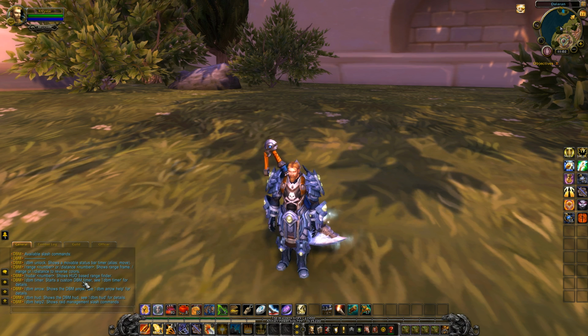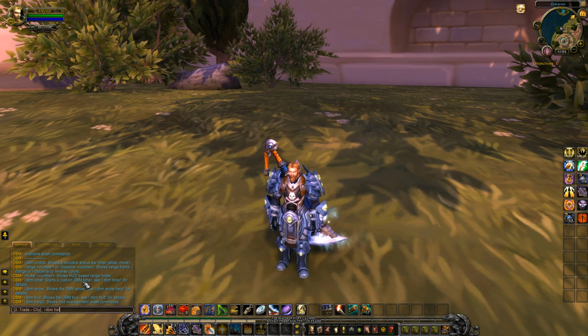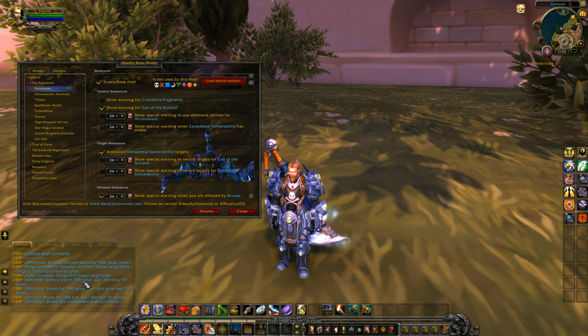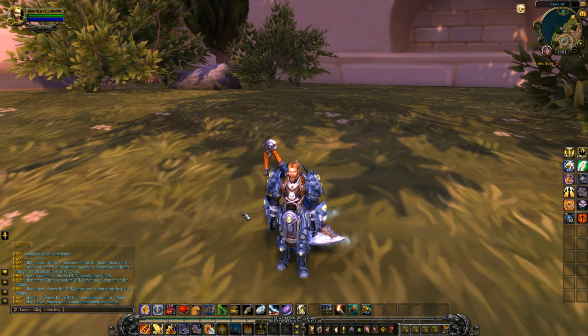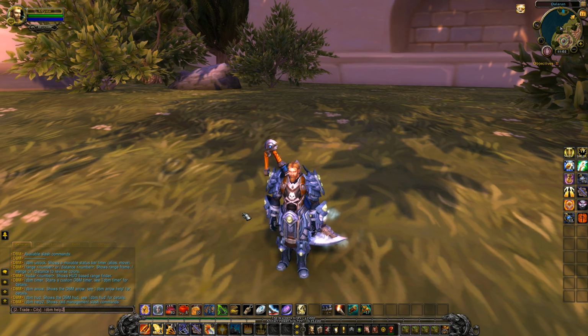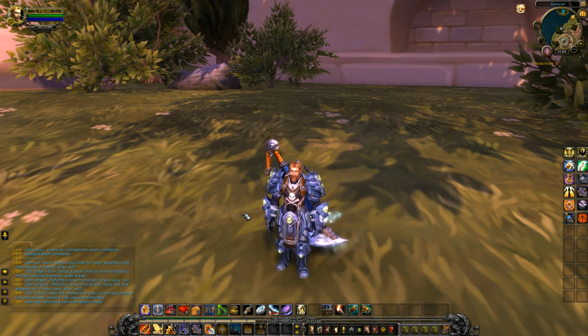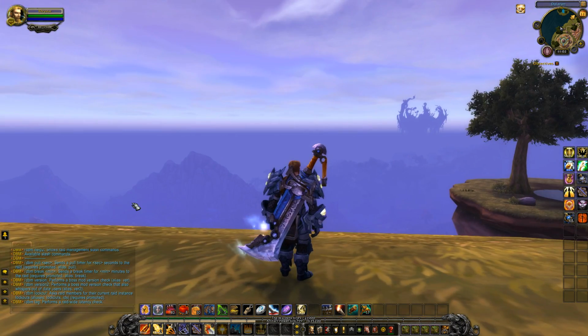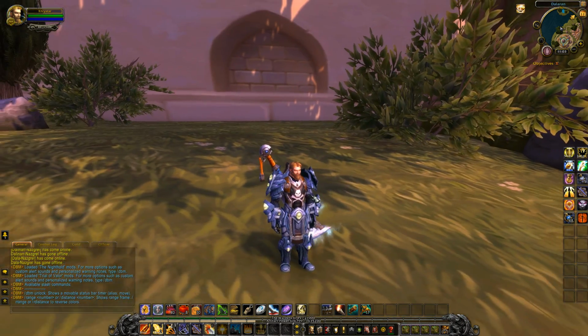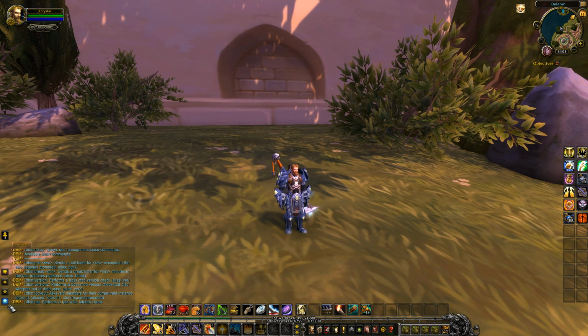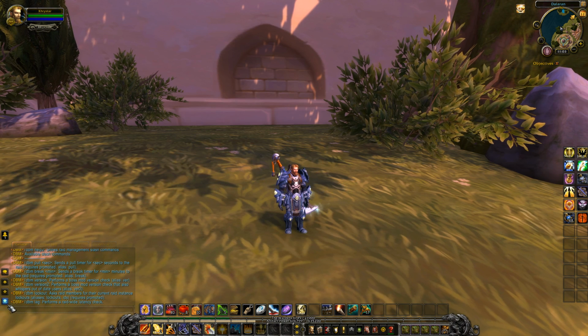You can also type /DBM help 2, no space. And that'll bring up more additional slash commands with information at the end of them as well. But we'll go over some of the basic ones that you're going to want to use as either a raid leader or even as a World of Warcraft player in general.